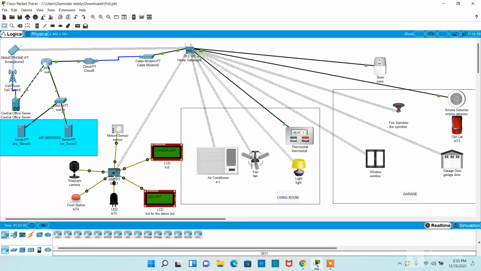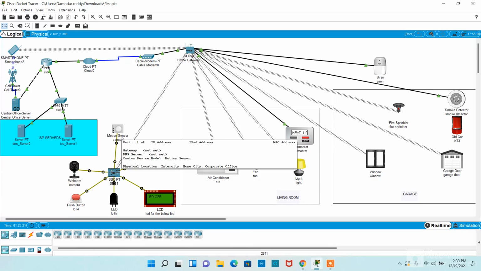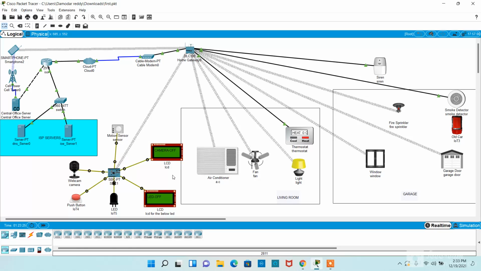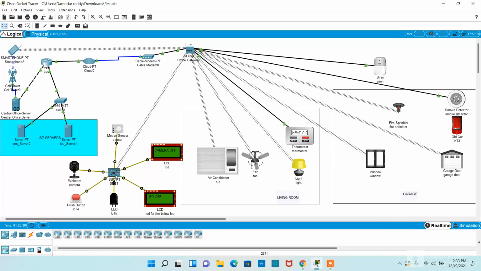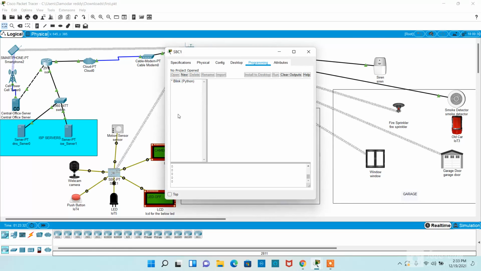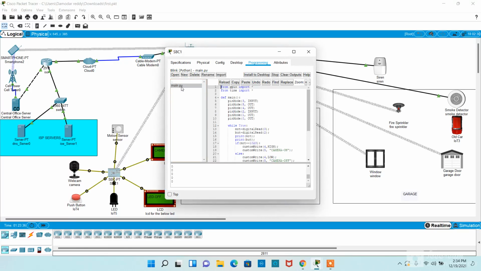In the first application, whenever motion is detected by the motion sensor, the webcam starts working and the LCD displays that the camera is on, and the respective logic is written in the Python language.